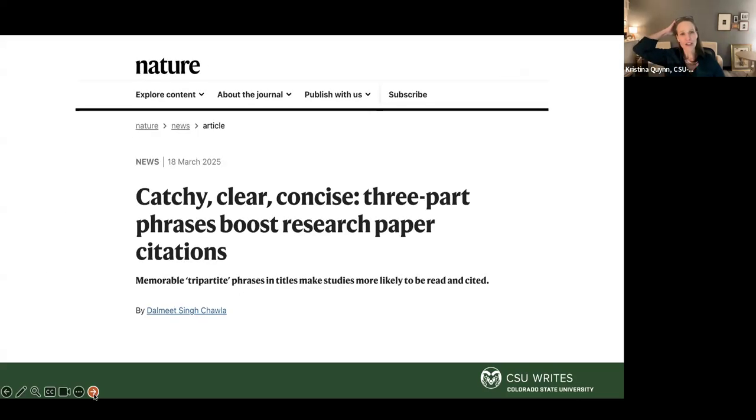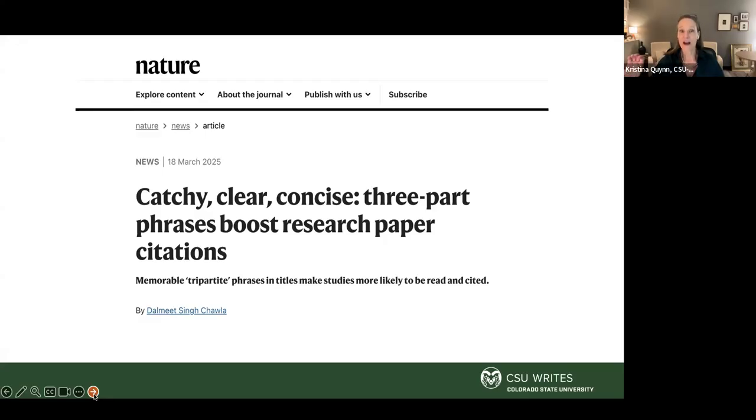Last year in Nature, there was a piece published about creating memorable titles. And again, thinking about memorable, but things that people want to grab onto. They found a link between tripartite titles or phrases and titles, and that makes them more likely to be read and cited, interestingly enough. So their own title is an example of a tripartite title: catchy, clear, concise, and then